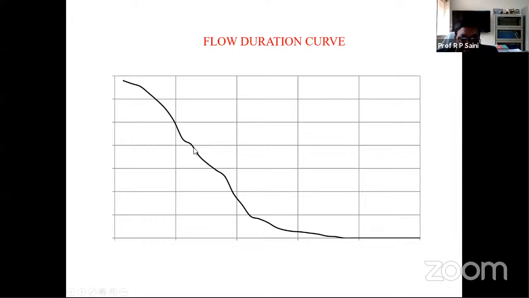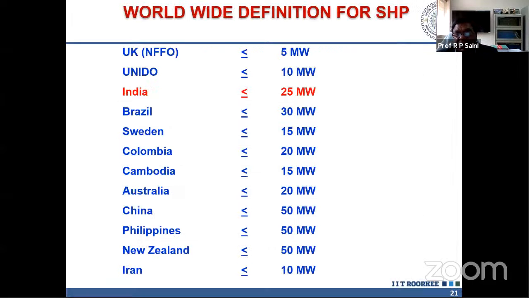Then go for the lesser discharge, increase the duration like this. After that, the duration will be more, but the capacity will be small. So after that you will find that again it is not economical. That means this optimization you have to do. I'm telling you that based on experience, if you go up to 40% duration time, the plant may be economically viable. So this is the potential estimation I'm talking about.